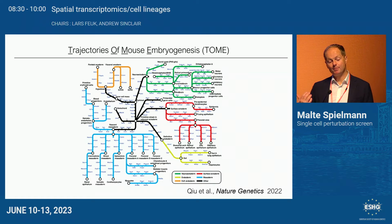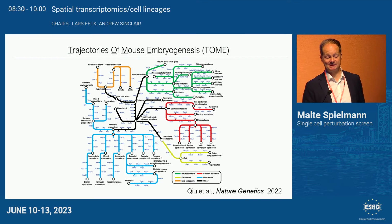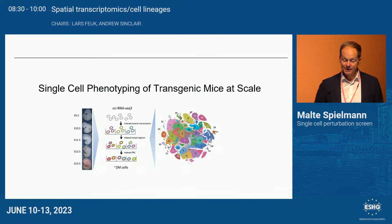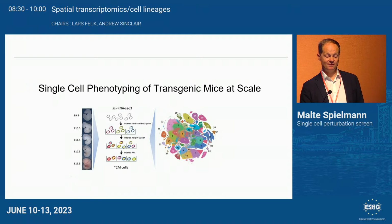And then the idea came up, could we now also do this in mutants? Because wouldn't it be great eventually, if this is all wild type, if we could predict based on maps like this, what would happen if, for example, this transcription factor here was mutated? What would happen to the germ cells? Or here, which way would they go? So we decided to take this to the next level, because I wasn't so interested in just wild type, but as a human geneticist, I'm interested in mutations. So could we take this technology and investigate mutants, mouse mutants at scale,